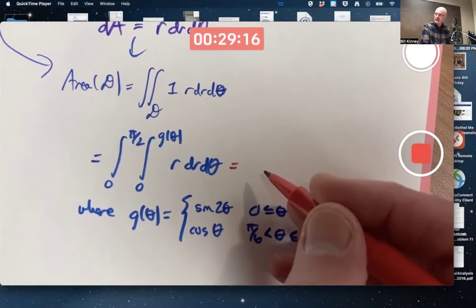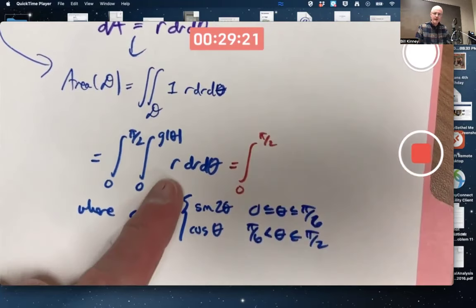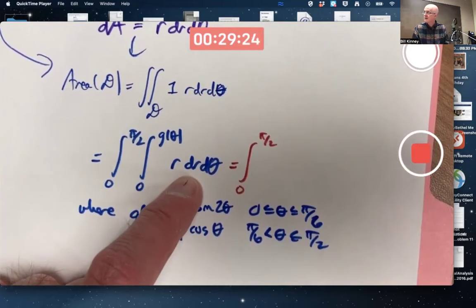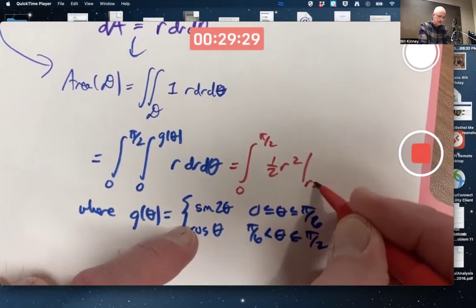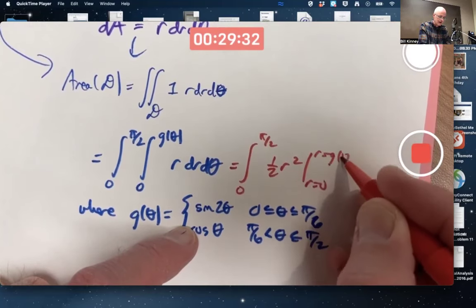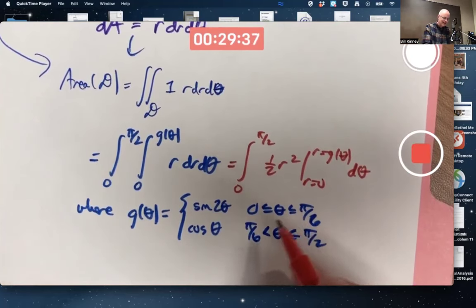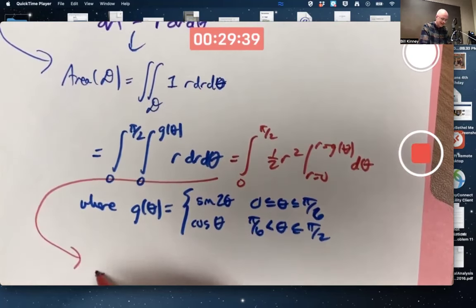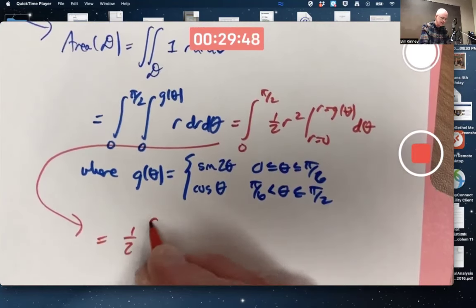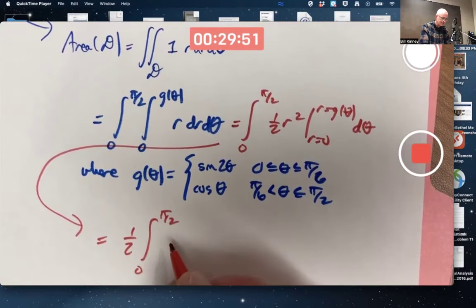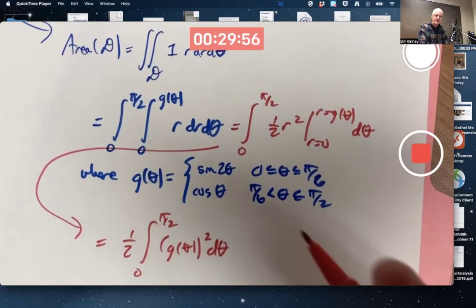We can actually do the first step of the integral here pretty easily. Think about it here. I'm integrating r dr. That's 1/2 r squared. R goes from 0 to g of theta. That's going to give me the integral for area swept out, 1/2 times the integral from 0 to pi over 2, in this case, of g of theta squared, where g of theta, again, is this piecewise function,